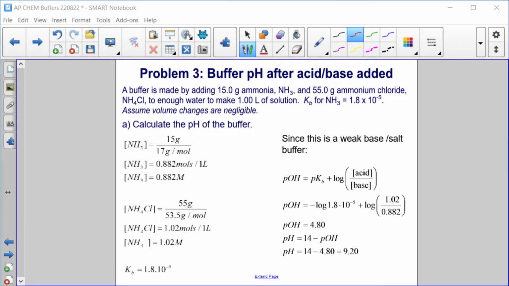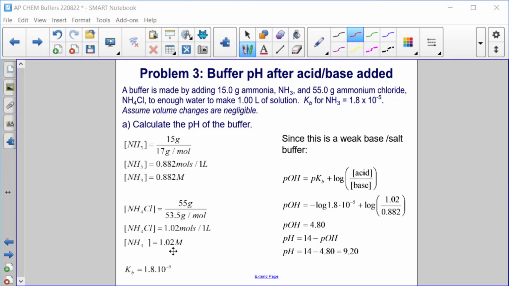First, let's calculate the pH of the buffer. So we know we have 15 grams of ammonia, which is 0.882 moles in 1 liter, gives us a concentration of 0.882 molar, and 55 grams of ammonium chloride, which is 1.02 moles in 1 liter, 1.02 molar. And we know the Kb. Since this is a weak base and salt buffer, so we have the weak base and a salt containing its conjugate acid, we can use the